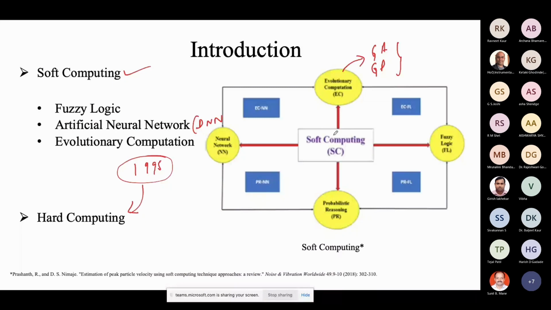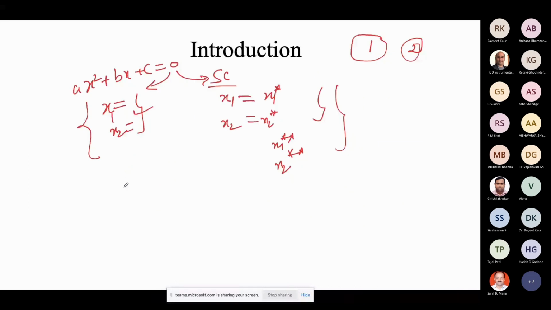Soft computing means we are getting a different result for the same problem. In hard computing, if you do the same thing any number of times, you will get the same result, right? This is the major difference, right? So now our aim is to focus on fuzzy logic, right? Fuzzy logic is our aim. The rest of this is not our aim because the topic is fuzzy logic and its application in robotics mainly, right? So now I will try to explain what is fuzzy.